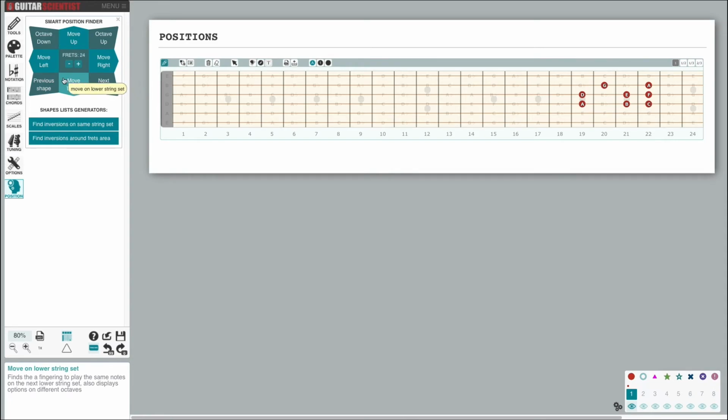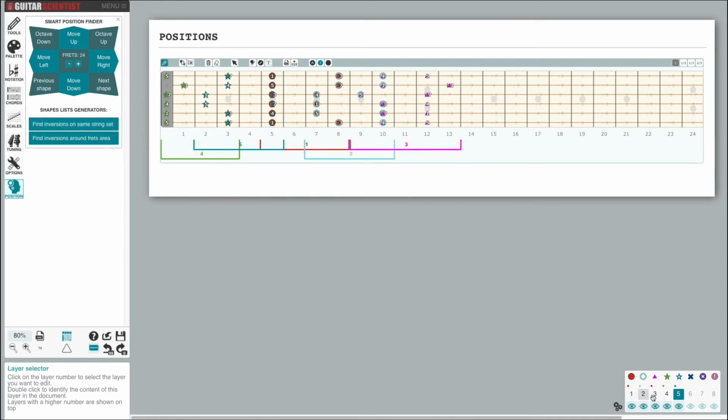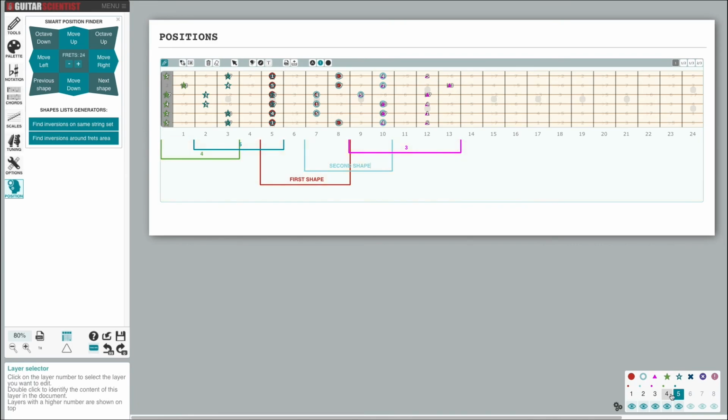So, to sum it up, if we write a chord, the function will rotate the inversions of the chord. If we write a scale, it will move between the various shapes of the scale, generating each time a musical content that is equivalent from a melodic and harmonic point of view, but with different voicings and fingerings. If, for instance, we write a pentatonic scale in the first shape, the algorithm will generate all the shapes of the pentatonic scale. Obviously, I can use less common fingerings as generative material, or alter and modify them in any way, and the application each time will calculate all the various inversions and fingerings. After using this function, I can always rearrange and edit the results.